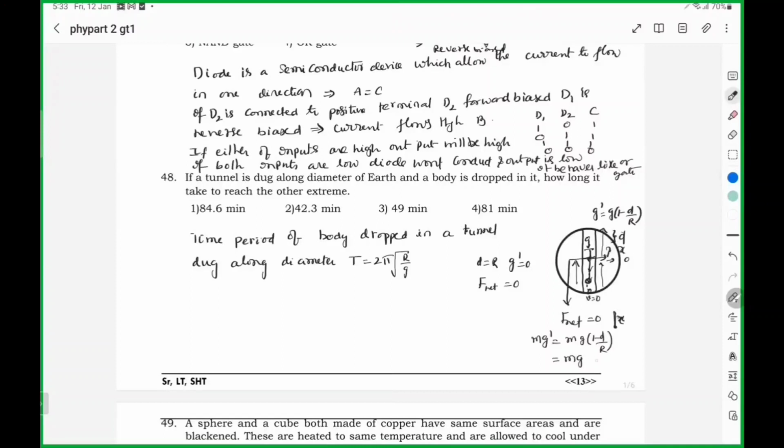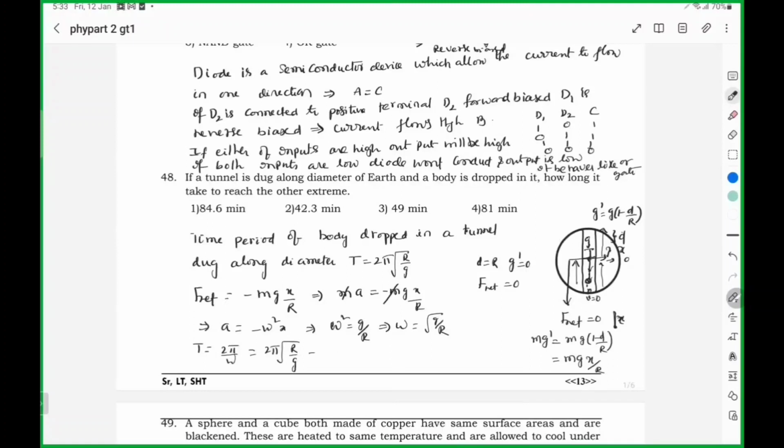R minus d is nothing but x. So the net force here is minus mg x by r towards the center. Acceleration is minus omega square x. Here omega square is g by r. Omega will be root of g by r. Time period is 2 pi by omega